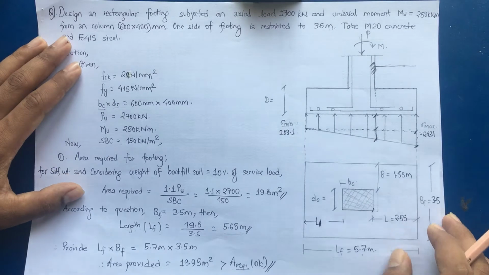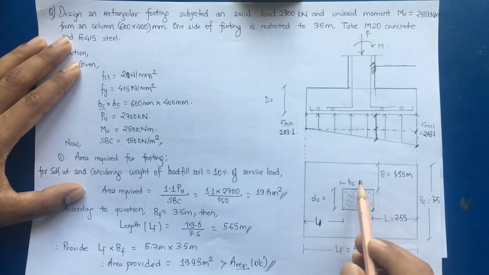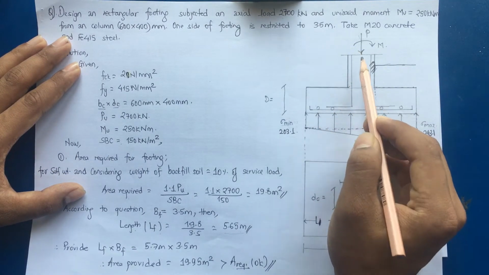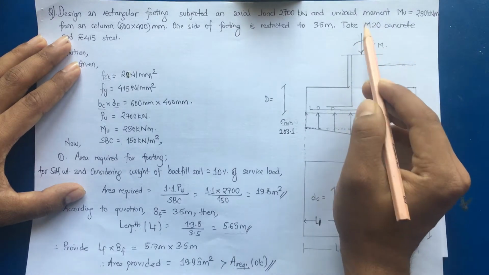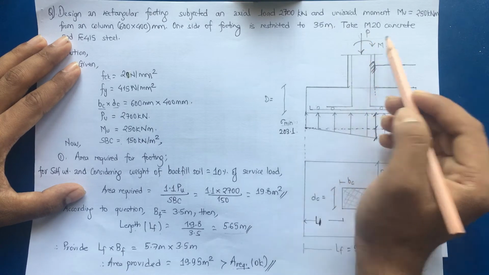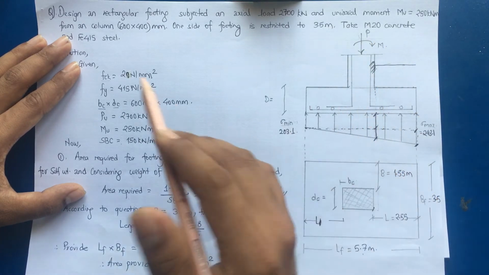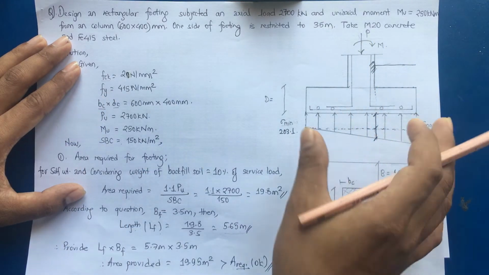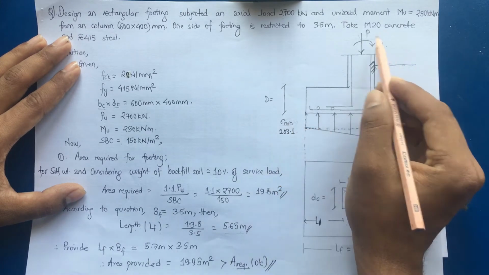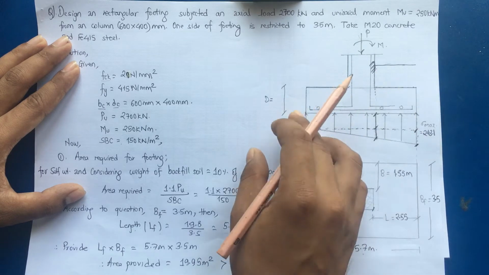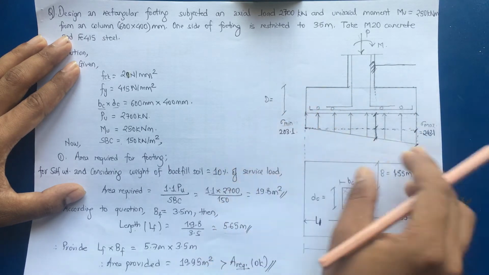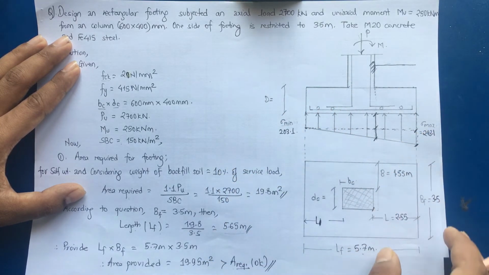Now there is a certain difference for the shorter side and the longer side, because along the longer side we have axial load and moment acting, but in case of the shorter side we will have only axial load acting. So the pressure distribution will be different for this longer side and shorter side. In case of the longer side, as we have moment, the pressure distribution will be of non-uniform type, that is one of the edges will have minimum value and the other edge will have the maximum value.